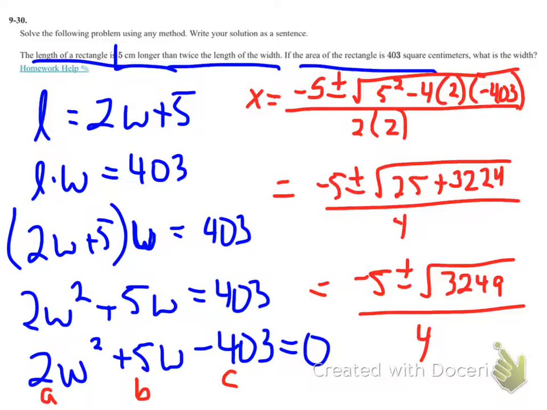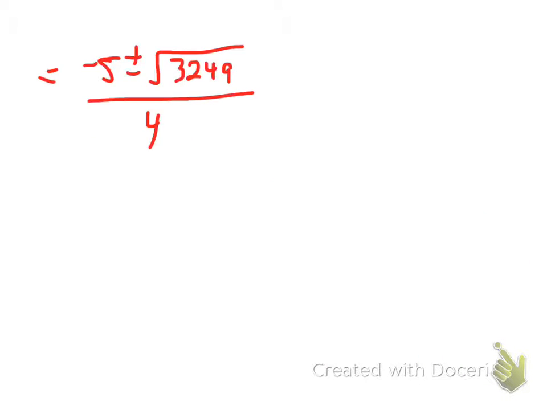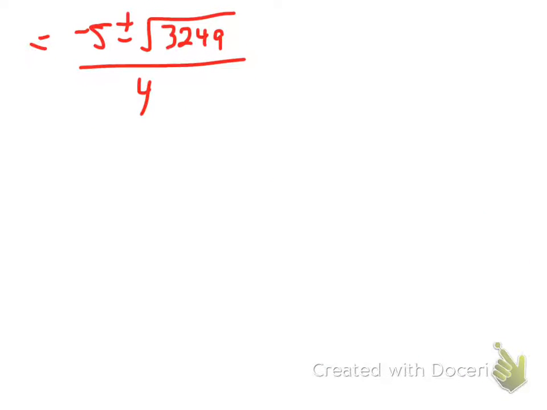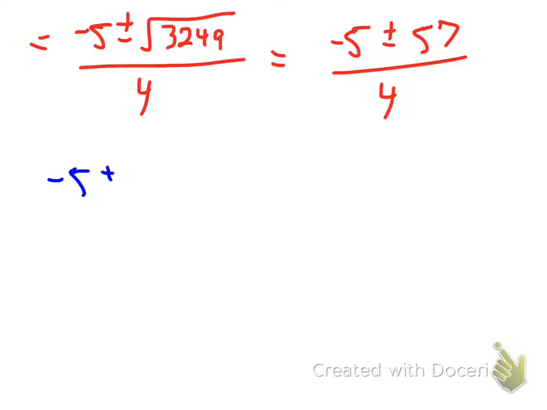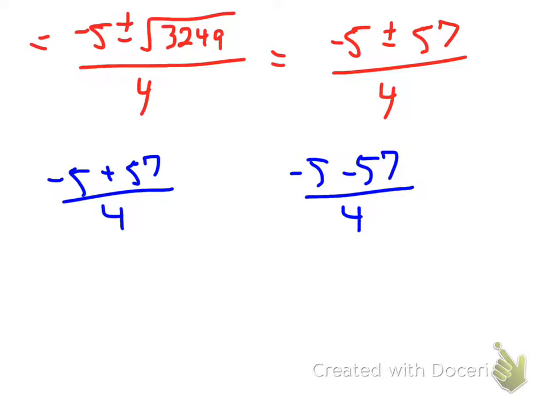Moving to a new screen here. I take the square root, and the square root of 3,249 gives me negative 5 plus or minus 57 over 4. So breaking this into my two separate problems, I have a negative 5 plus 57 over 4, and I have a negative 5 minus 57 over 4. I'm going to first of all take a look at the minus ones. So when I subtract them, I get negative 5 minus 57 gives me a negative 62 over 4, which is a negative